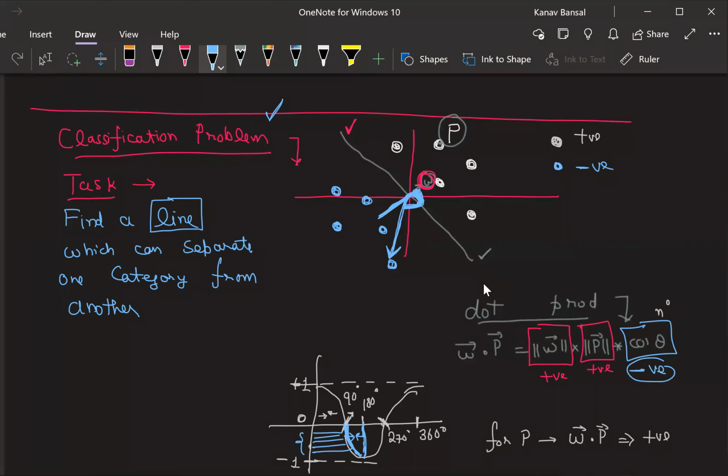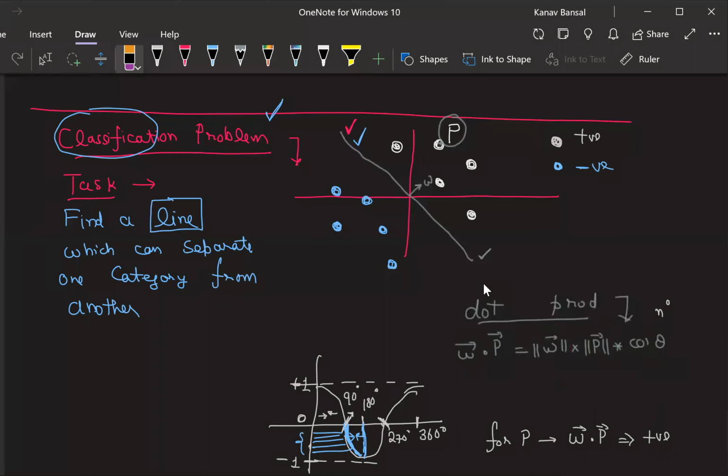Now, do you see that this dot product that we saw yesterday is behaving like a classifier, right? If I know how to compute dot product, I can make a classifier. Just by learning this concept of dot product, we are able to make a classifier. If we know the line and the dot product, we can make a classifier just like that. Isn't it amazing, right? This is really a wow moment. It is really amazing to understand that this dot product is all that you need. Using the dot product, you can create the classifiers.